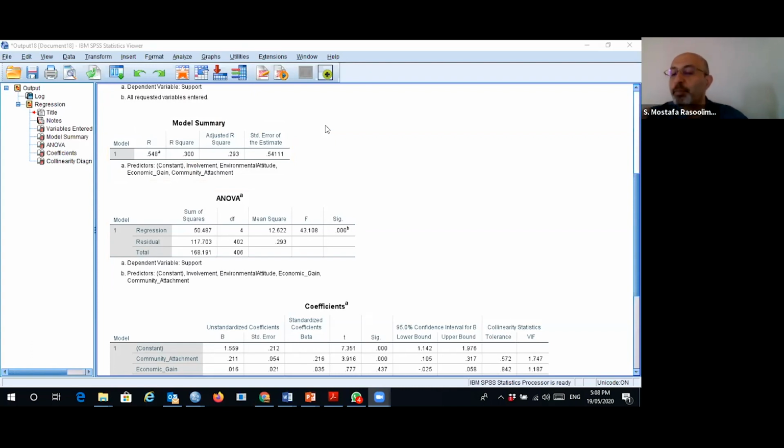Report R square and interpret based on your field, right? This is one of the very important tables. You need to report content of this table. For assignment, you have to transfer this table, but for your paper and your thesis, no need to transfer this table. You just need to report R square values. But in your thesis, probably you need to provide all these tables in appendix. Okay. So this is the value of R square and very important to interpret result of multiple regression.